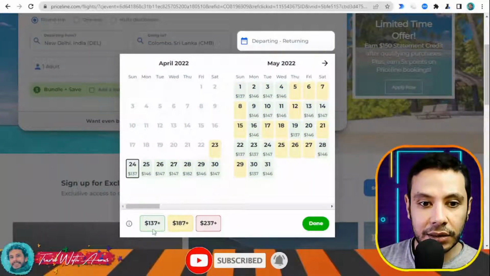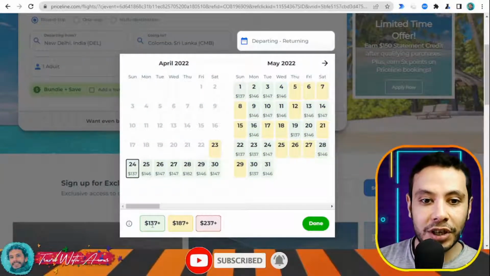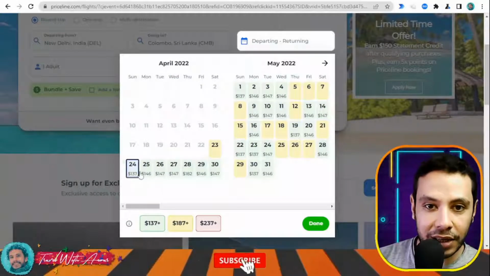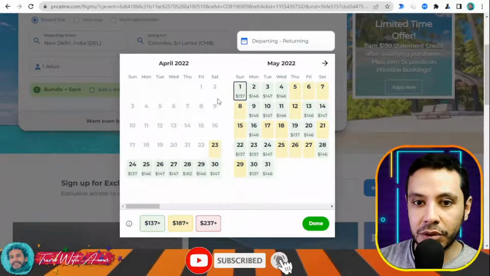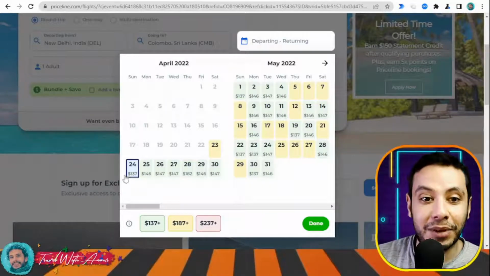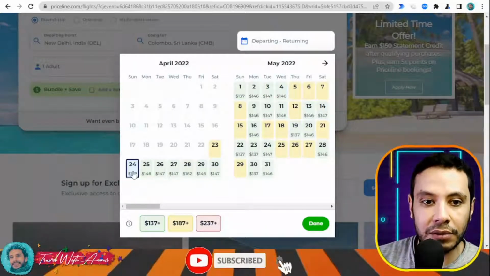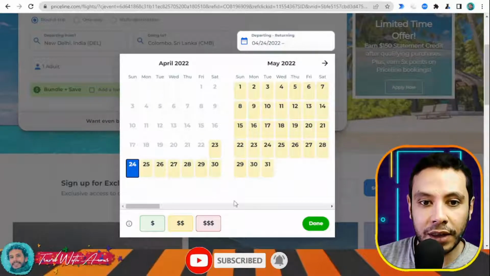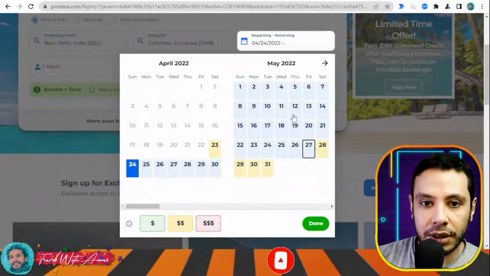What I like here is they are showing the prices, the cheapest, depending on the day. You can choose the cheapest price depending on the day, so you have more flexibility. So I will travel on the 24th, for example, and after that